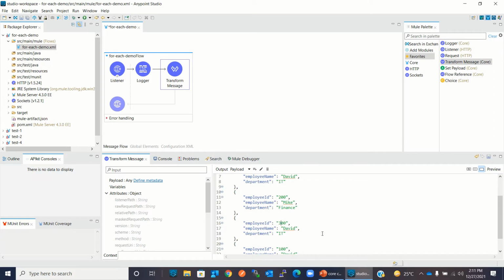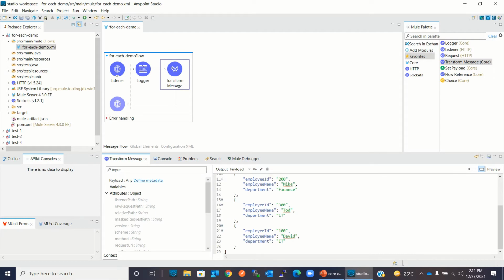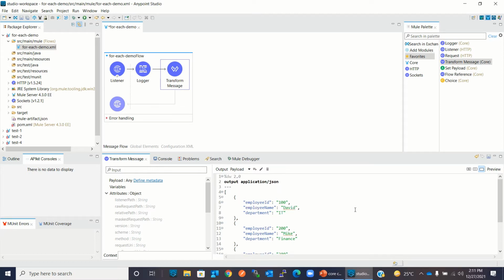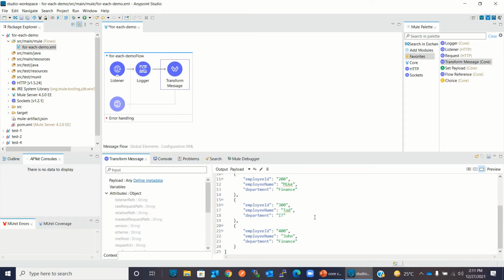Third one is ID 300, name Todd, and department IT. Fourth one I will say ID 400, and name is Ron. Department I will say finance. We have the payload now. In a real scenario, it might come from a database or file system, but I built it using the transform message component. We have 4 elements here.